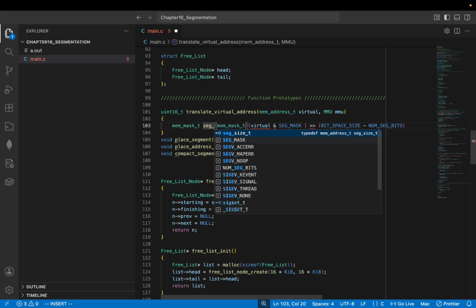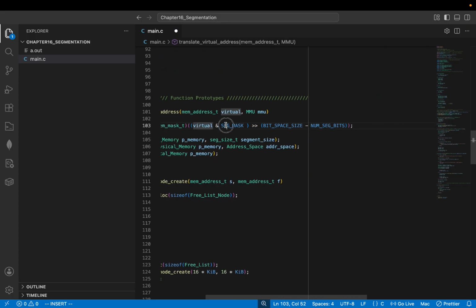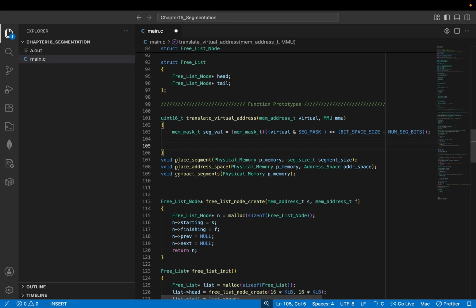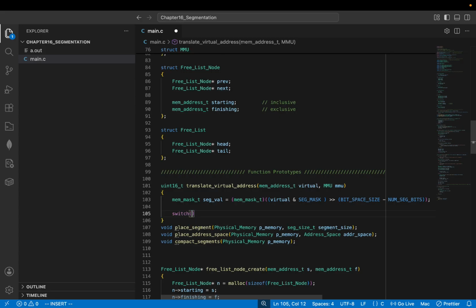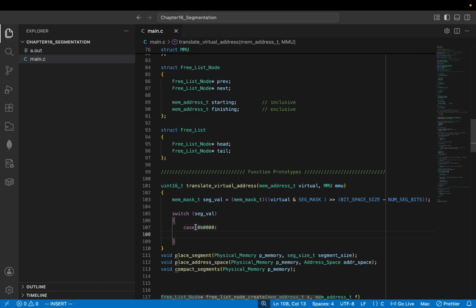Segment value. So it's, yeah, the virtual, you get the topmost bits and then you push it down and then you get that. So then switching on segval, if it's a bunch of zeros,